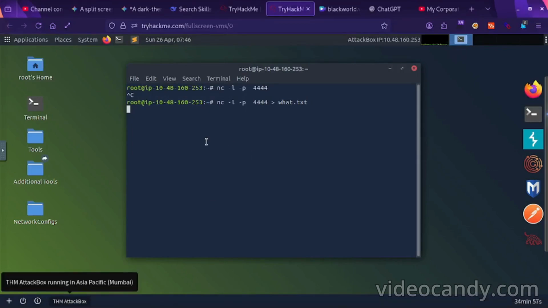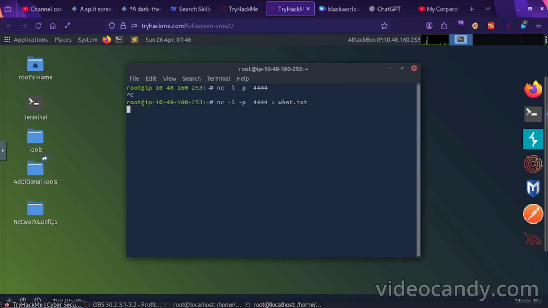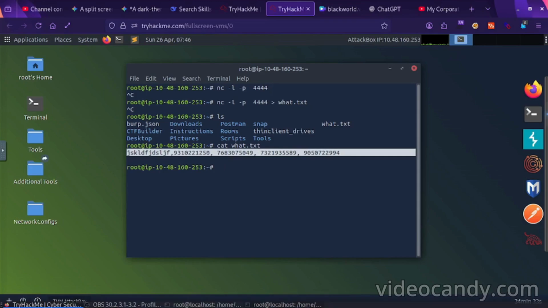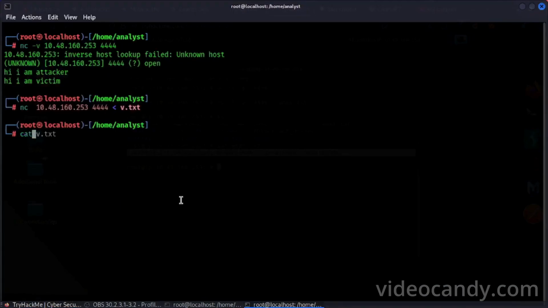Here you can see the connection received, and I think the file is coming. This is what.txt, cat what.txt. You can see this is the data, and you can see the same data in cat v.txt.